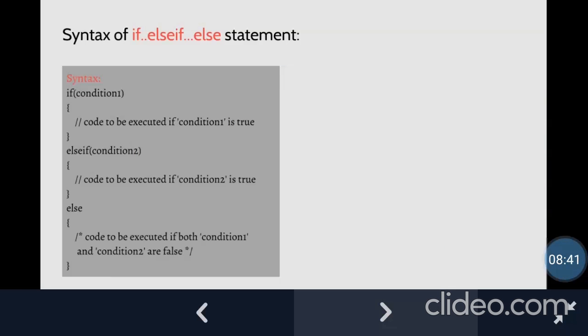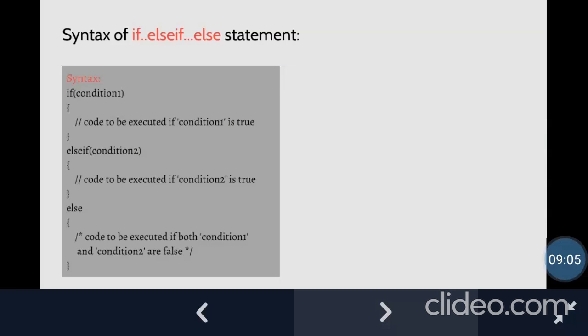Now we will move on to the third category, which is the if else if statement. When there are many conditions to check, we make use of this statement. We will see the syntax now. What we have is the if condition. If condition 1 is true, the block followed by condition 1 will be executed.